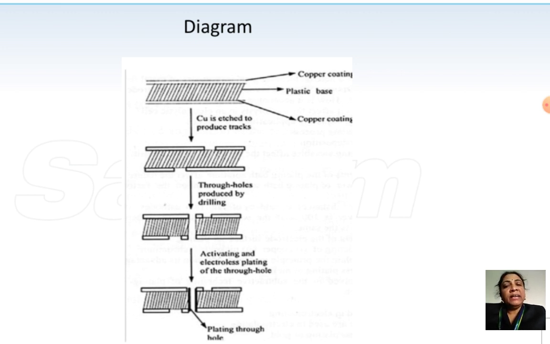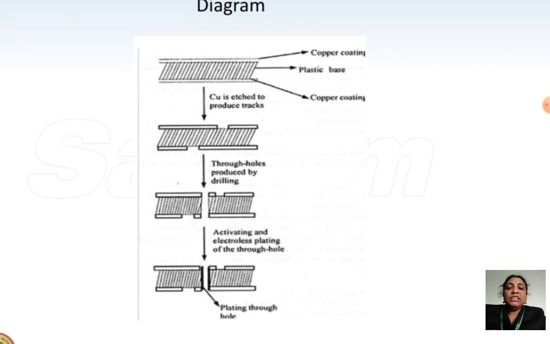The selected areas are then protected by photoresist or electroplated image, because the circuit pattern will be there on the motherboard. That should be protected first, and the rest of the areas are etched away to produce the circuit pattern or the track. Here, double sided copper clad laminates with tracks are prepared because of the feasibility of packing more components in a smaller place.